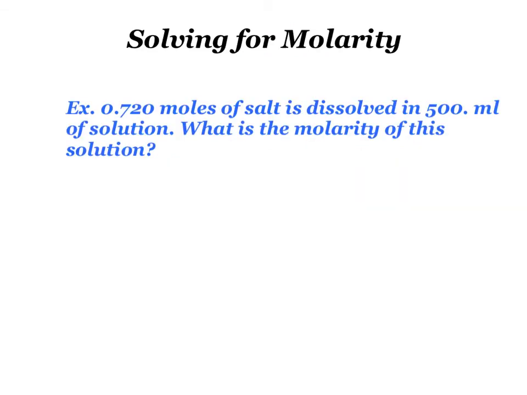Sometimes molarity problems can be pretty simple. In this case, you're given the number of moles of whatever the salt was, and it says it's dissolved in 500 milliliters of solution. Remember, when it wants to find molarity, that's moles per liter. This was milliliters though, and so we're going to have to change that over to liters, and we can do that. This is molarity, capital M, is moles per liter, 0.720 moles over, and in liters the decimal is going to move over 3 places because you're going to divide by 1,000, and so this is